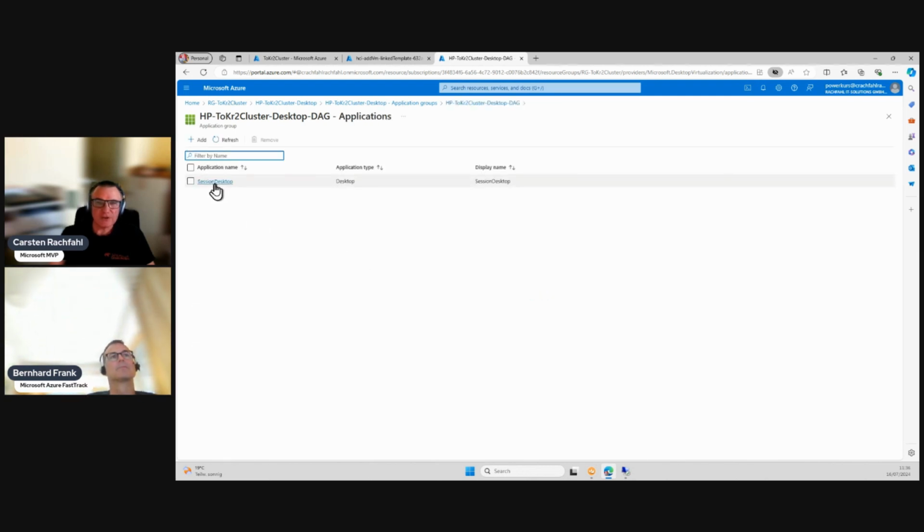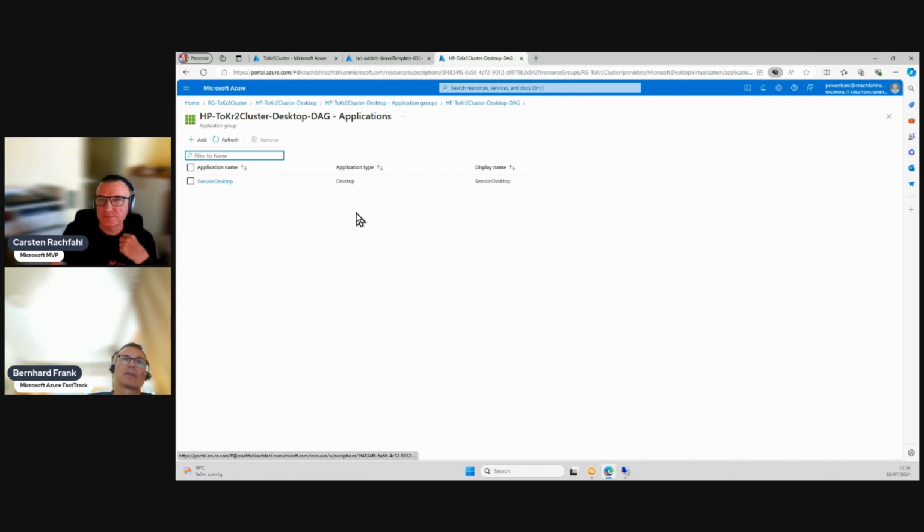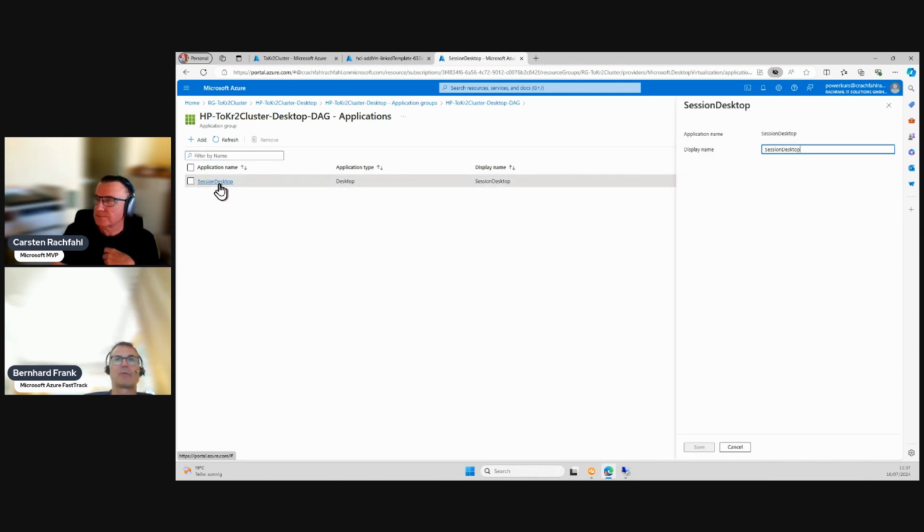So we have our session desktop. Let me just talk about this: you have 2 types of application groups, right? It could be a desktop or a remote application. As we have decided to go for a host pool that is hosting desktops, there will be automatically a desktop application group created for it. I always tend to click on the session desktop and rename it, give the user a better friendly name, right? So the display name,